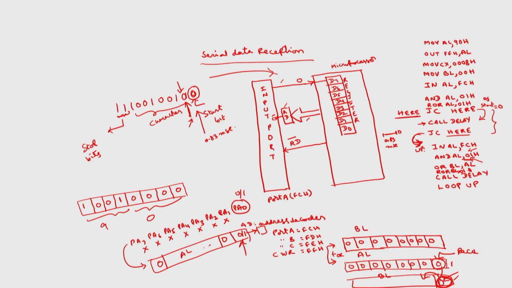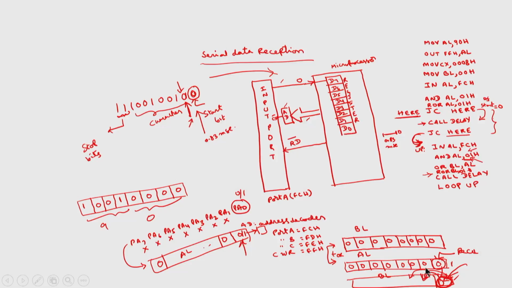So, we have to put this rotate operation in a loop. What happens is the second bit received will come here. Again you have to perform the rotate operation, so that the first bit will move to the third position, and the second bit will move to the second position. Now, the last bit position will be free, which is used to receive the next bit. So, like that this loop will repeat. At the end of this loop, BL will contain the ASCII character that is received.